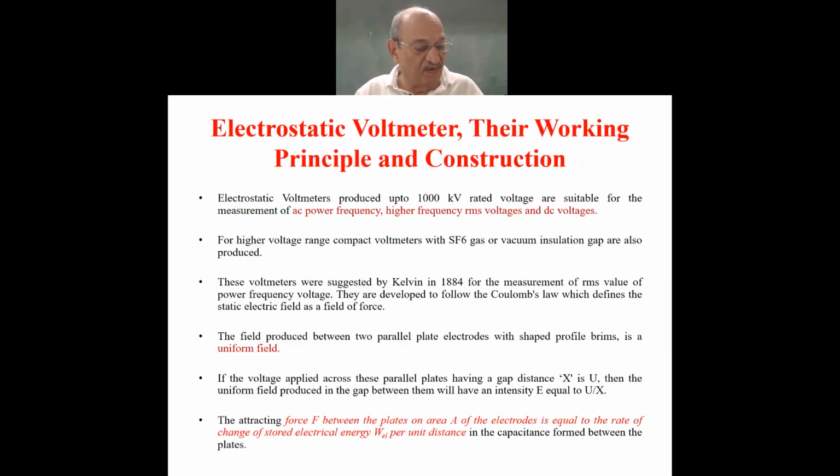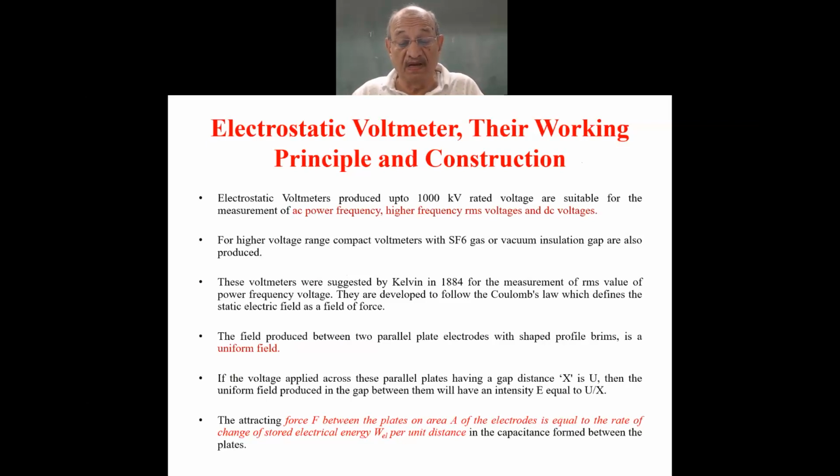Next we'll go to electrostatic voltmeters. This I find a wonderful gadget, let me tell you. Again, there are some constraints, and that is why it is not used very widely. But electrostatic voltmeters have been built, as you can read here in the first point. Electrostatic voltmeters produced up to 1000 kV rated voltage are suitable for the measurement of AC power frequency